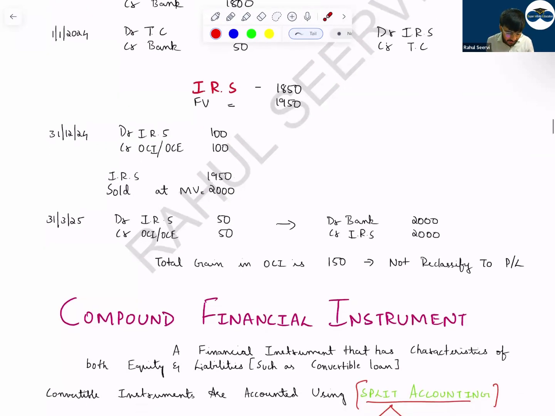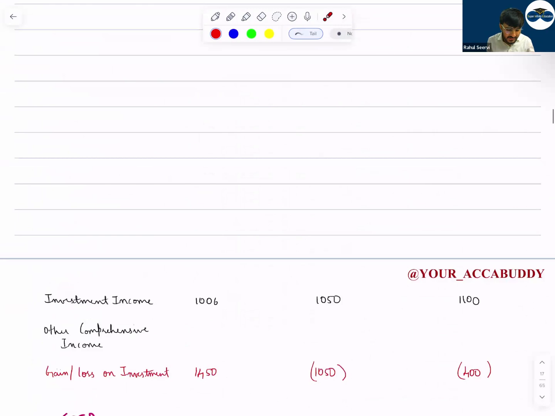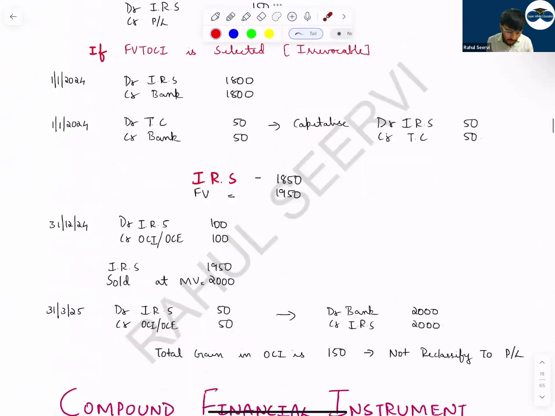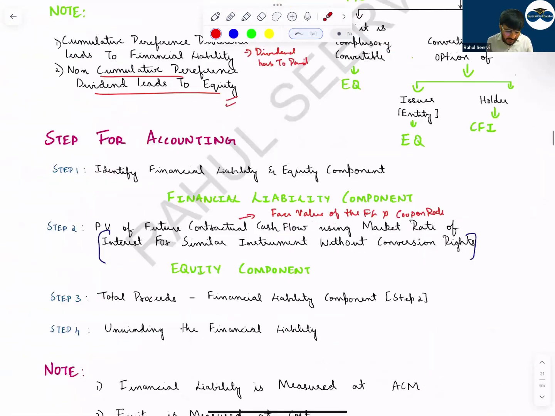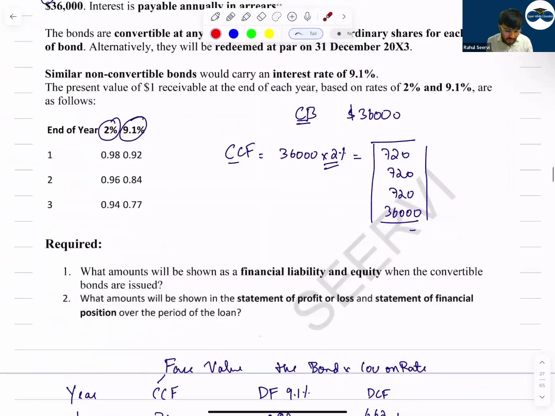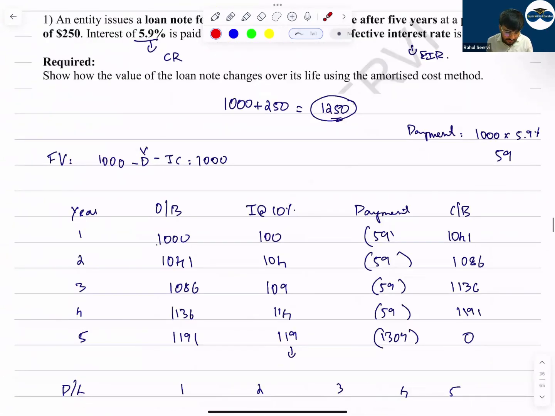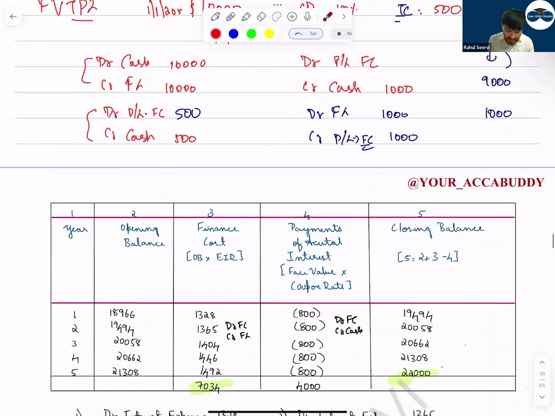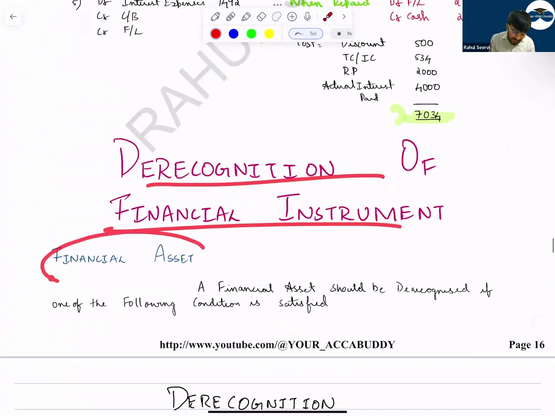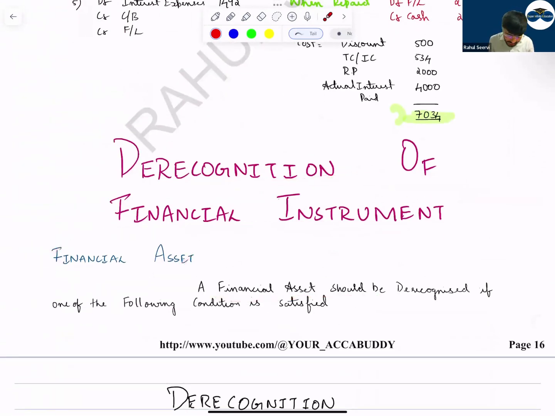So with this, we have completed the discussion regarding financial liability, compound instrument, and financial asset. Then we started a discussion regarding a small topic, that is derecognition of financial asset. When do we derecognize financial instruments? Under financial asset, a financial asset should be derecognized